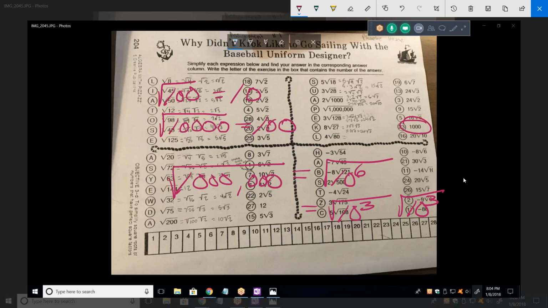So if there's a lot of zeros, I still think this first method is the easiest way to do it, whereas you just see whether you have an even or an odd number of zeros. If it's an even number, you cut them in half, and that's your square root of that number. Notice the one above. That's got an odd number of zeros. Therefore, it's not 10 and it's not 100. It's some number like